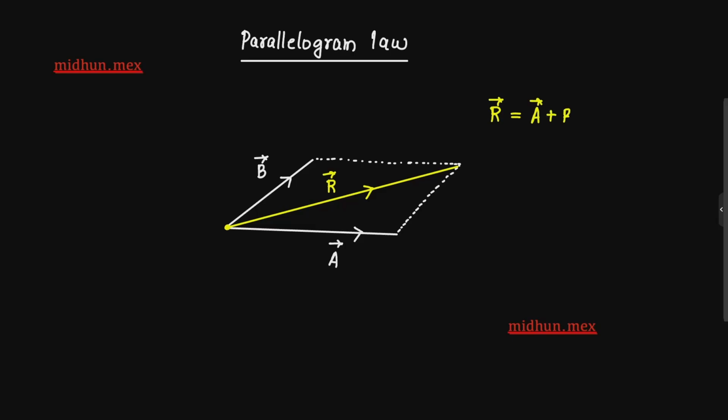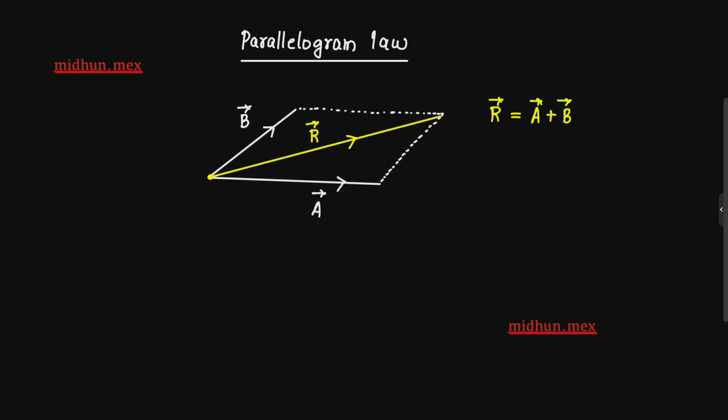Whatever the value you are getting for R, that has to be A plus B. Now itself we can understand how complicated it is. Actually, if you want to add 5 plus 2, I am literally asking you to draw a parallelogram, then draw a diagonal and measure that diagonal. The diagonal will give you the 5 plus 2 value. So this is the logic of vector addition. Anyway, it will make sense later.